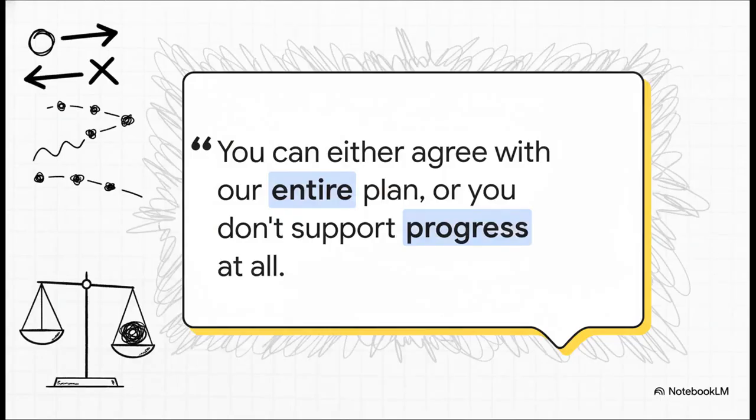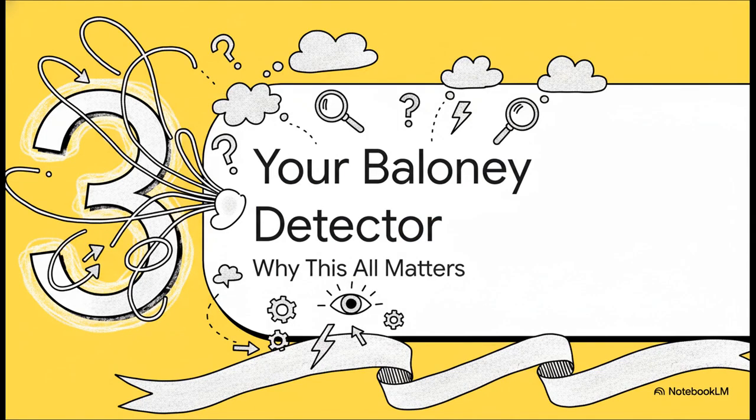And you hear this kind of thing all the time, right? The message is clear, there's no room for discussion. You can't possibly support the idea of progress, but have some questions about this specific plan. It's a setup. It forces an extreme choice, when the reality is that there's a whole spectrum of valid opinions in between. So we've spotted a few different kinds of baloney: the ad hominem, the straw man, the false dilemma.